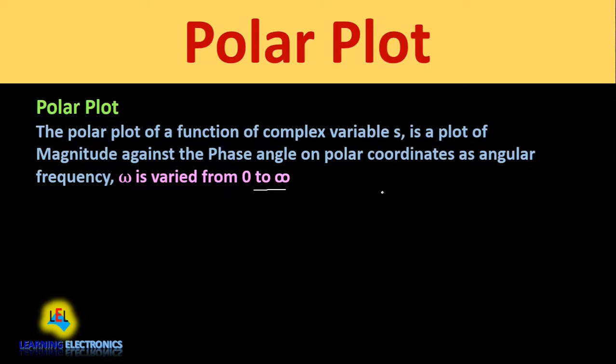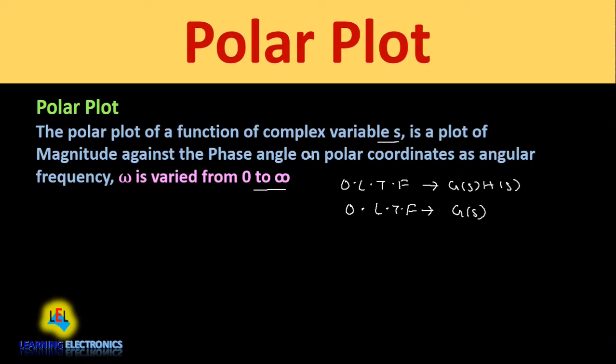So whenever we talk about the open loop transfer function of the system, it is given by G of s into H of s, and when we find out the open loop transfer function of a unity feedback control system, then this feedback part transfer function H of s will be equal to 1. Therefore, for a unity feedback control system, the open loop transfer function will be equal to G of s only. So from both these equations, we can see that this G of s into H of s and this G of s both are functions of complex variable s.